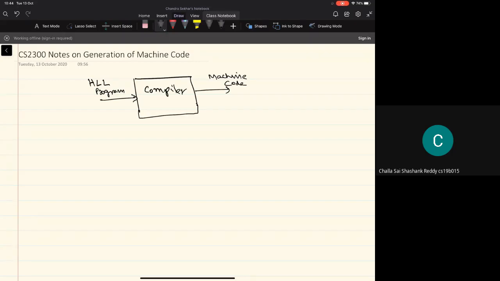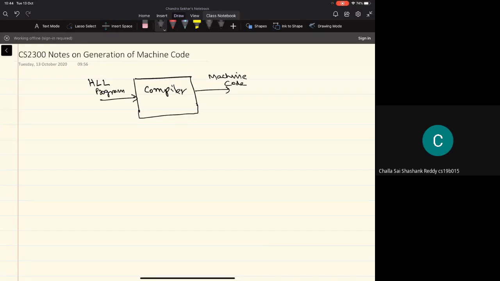Okay, so first we'll try to understand with some simple examples what is involved in generation of this machine code from higher level language programs. What are the typical statements in higher level language programs? All of you are familiar with some higher level language, because you've gone through the relevant courses, and you're also going through some courses now.